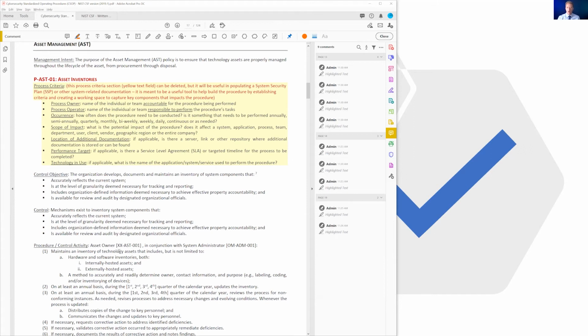Our recommendation, and as part of the homework, is going to be outlining some of these items that we need to collect. We've already gone through and created sort of a spreadsheet that we'll share of some of these secondary documents that we'll need to compile into this whole master program that we're putting together. Assets are kind of an easy one to understand. But just while we look at the asset management piece, you'll notice some of that same language that we mentioned before, points where it says things like,